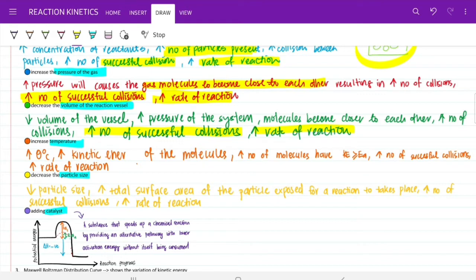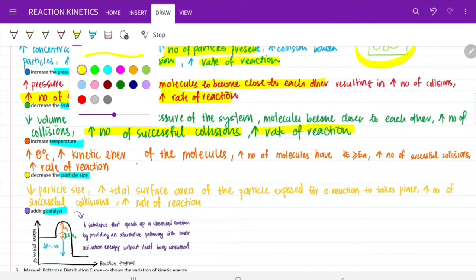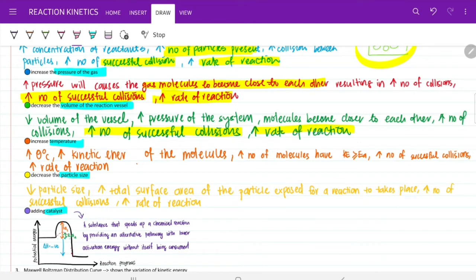When you increase the temperature of the system, this will cause the average kinetic energy of the molecules to increase. The average kinetic energy of each of the reactant molecules will increase, so an increased number of molecules have kinetic energy greater than the activation energy,